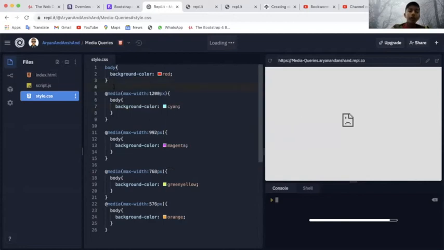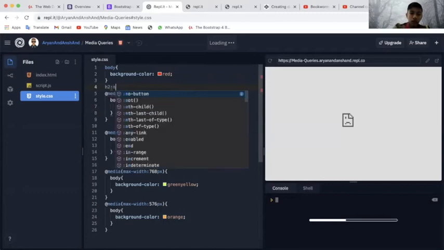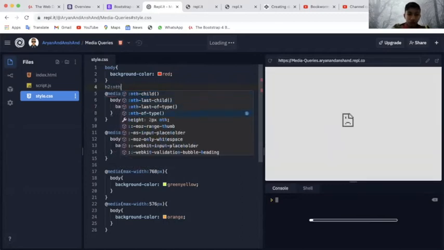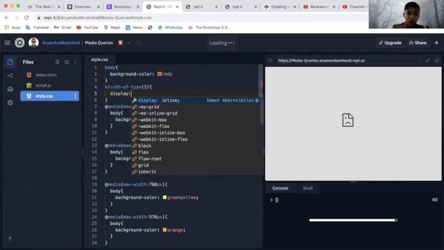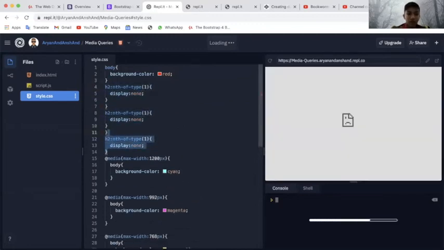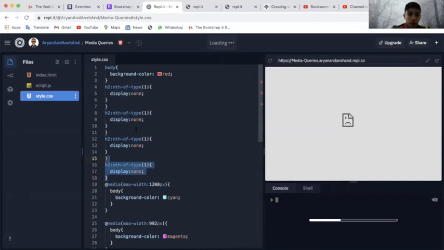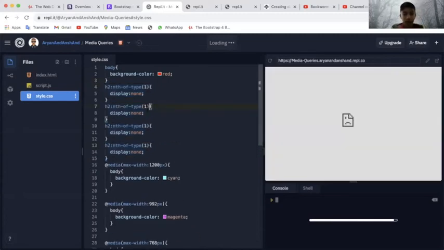Now what I'm also going to do is give h2 nth-of-type 1 a display of none. I'll duplicate this 4 times. And I'll give the second one, the third one, the fourth one, display none.